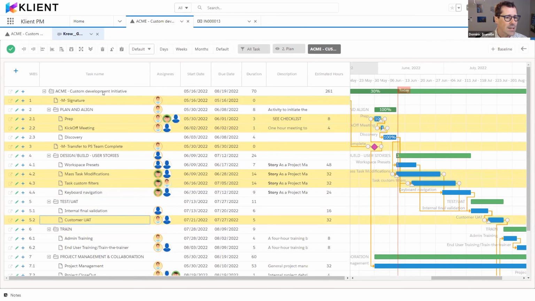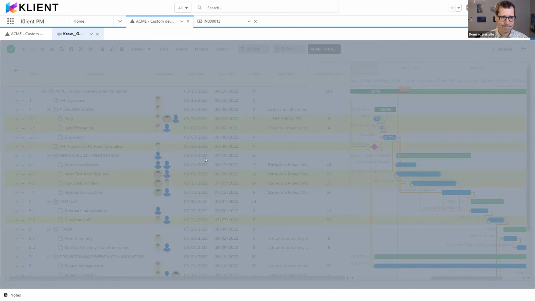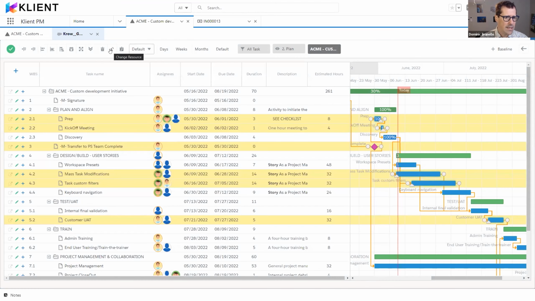But the mass selection, where you can either delete all tasks, which is useful whenever you brought over from a template. Let's say you have a bigger template, you're building the project, you can easily sort out, remove what you don't need. So you have a quick project loaded, so that mass delete is very useful on that aspect. You have the mass status change, so updating tasks in bulk, which is also very interesting. And the other one here is the mass